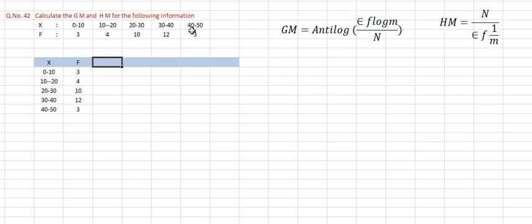First we need to find m. What is m? Lower limit plus upper limit divided by 2. Lower limit is 0, upper limit is 10, divided by 2 is 5. The difference between these two is 10, so you have to add the increase of 10 here. 5 plus 10 is 15, 25, 35 and 45. Otherwise 40 plus 50 is 90 divided by 2, 45. Like that you have to find all the numbers.